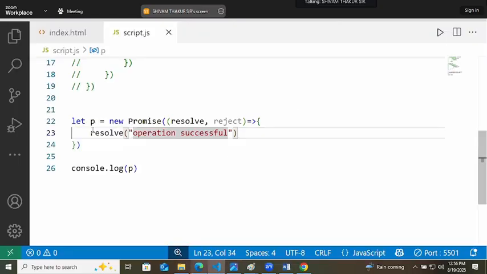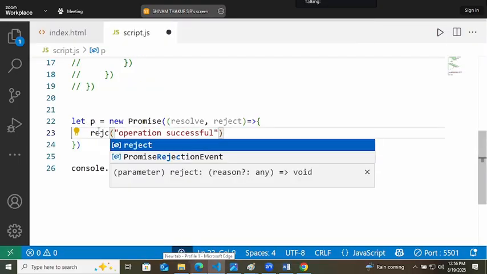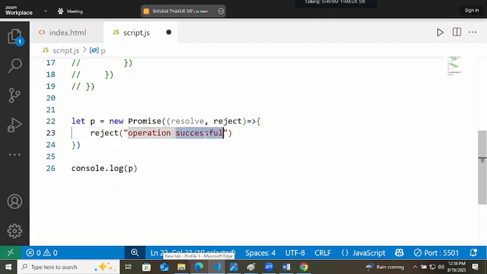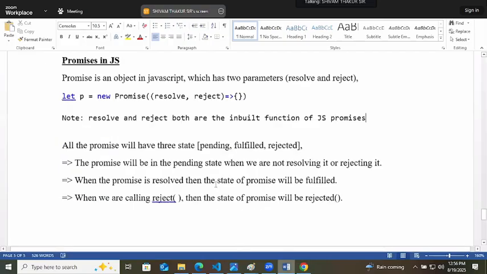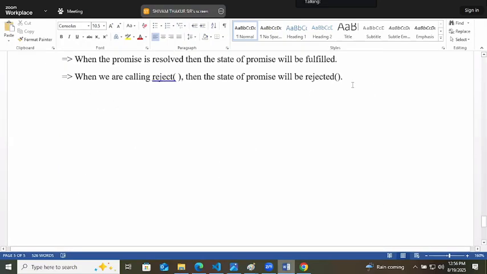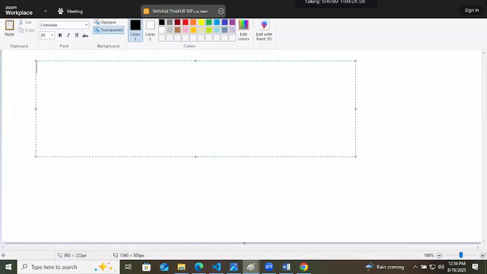If I am rejecting this, reject operation terminated. There also you will get this result. State is rejected and the result of the promise is operation terminated. That also we can do like this.